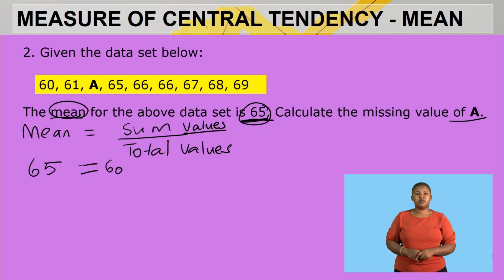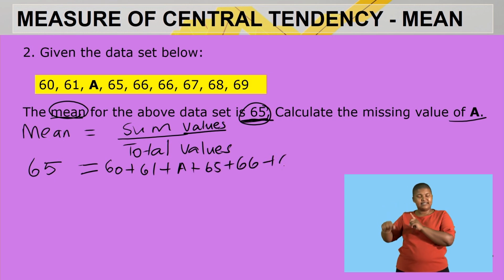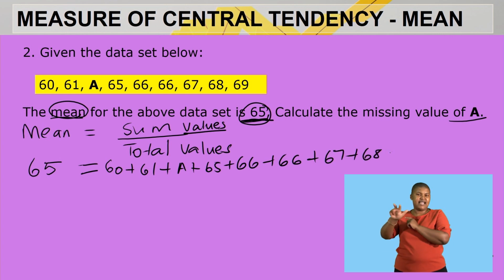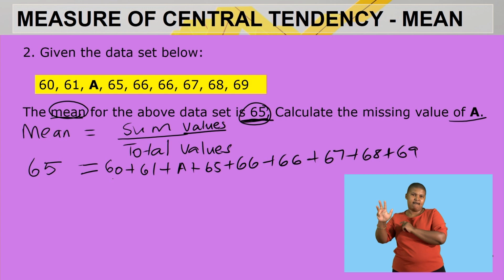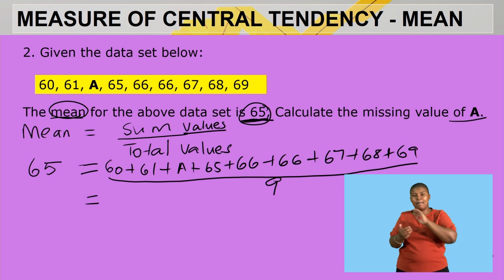So I'm going to say 60 plus 61 plus A plus 65 plus 66 plus another 66, 67, 68, and 69. All these will be divided by the total number of these values. So we have 1, 2, 3, 4, 5, 6, 7, 8, 9. So this will be divided by 9. Right, now I need to find the sum of all these values. Now, adding all these values, it will give me